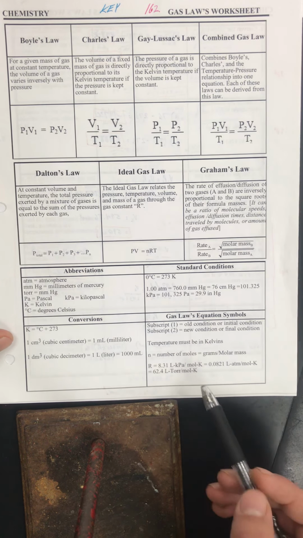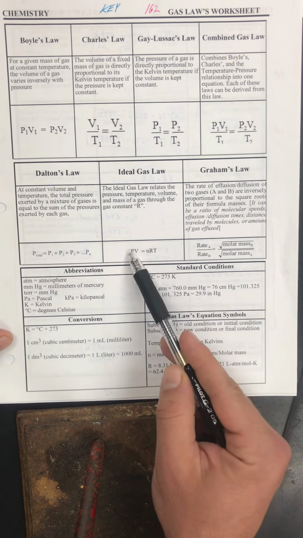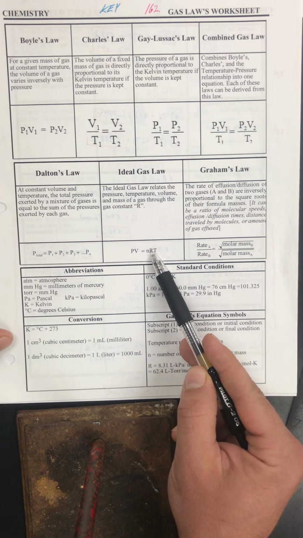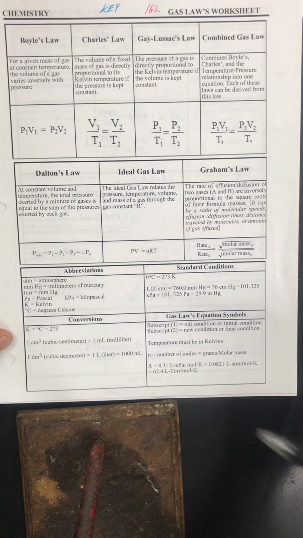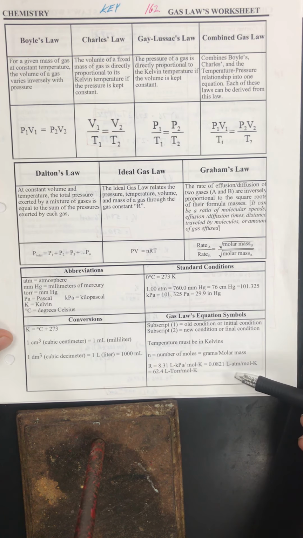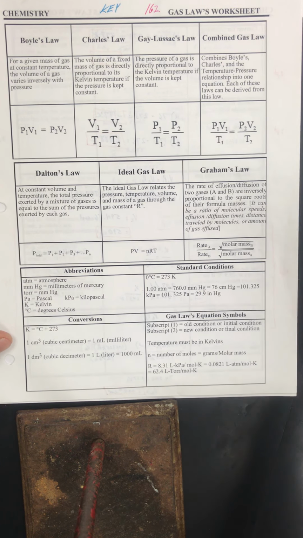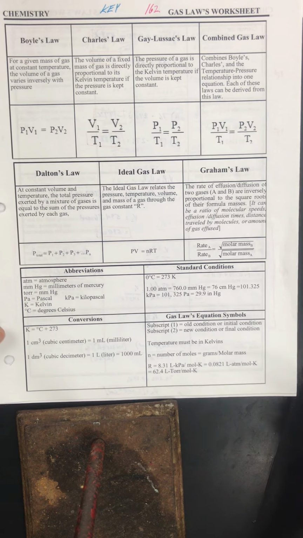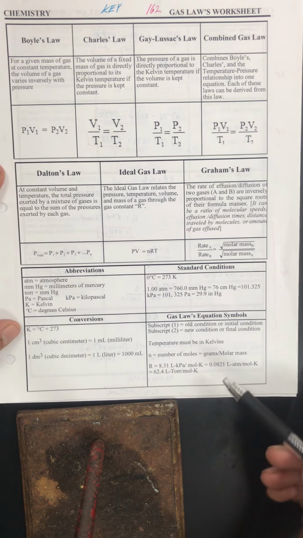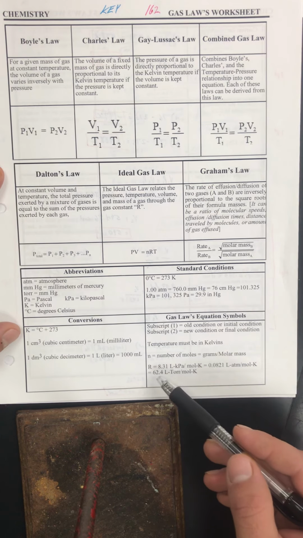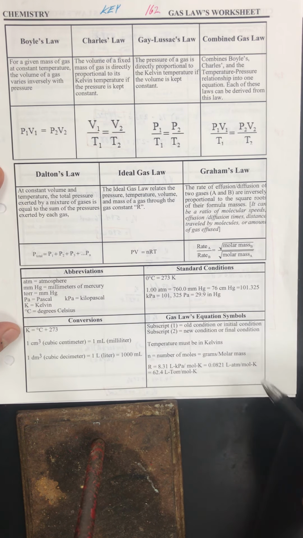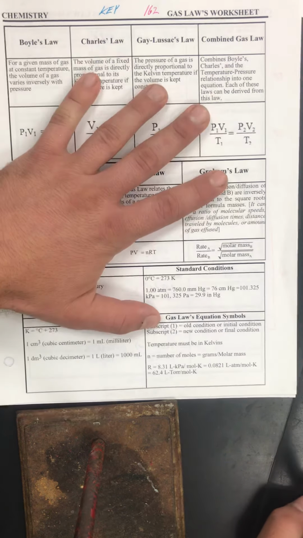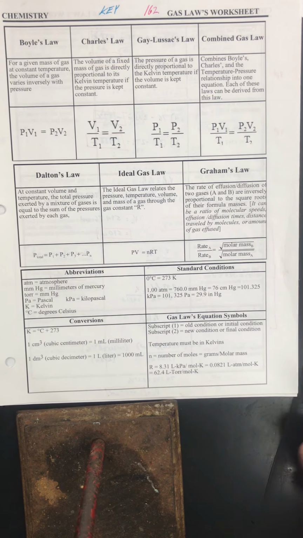As long as all of your units match up in your formula here, you'll get the right answer using any of these R values. It may require a little bit more conversions depending on which route you take, but you'll end up with the right answer no matter what you do, as long as your numbers are correct and your units match up. So this front page is going to be pretty helpful to you as you work your way